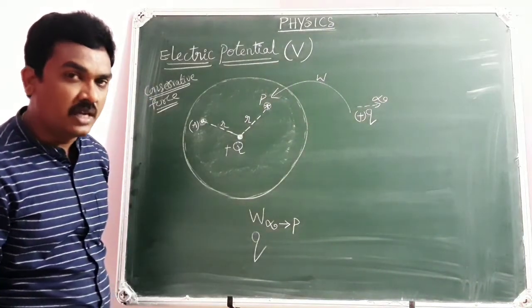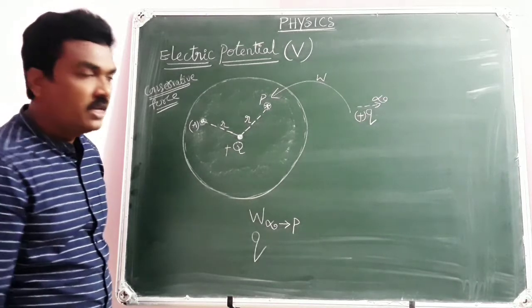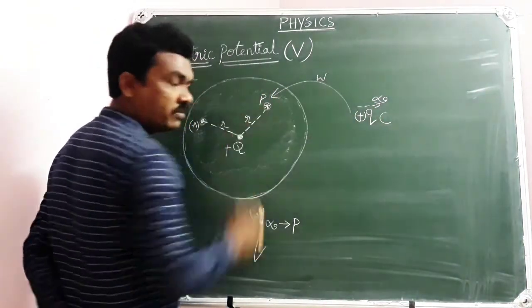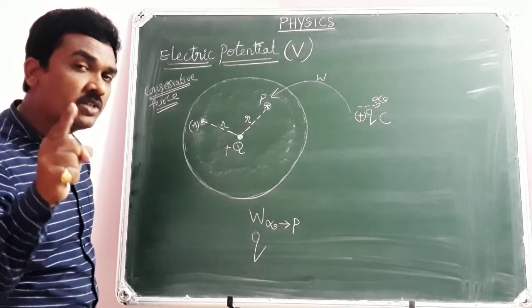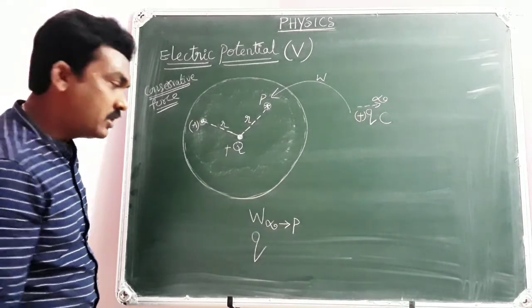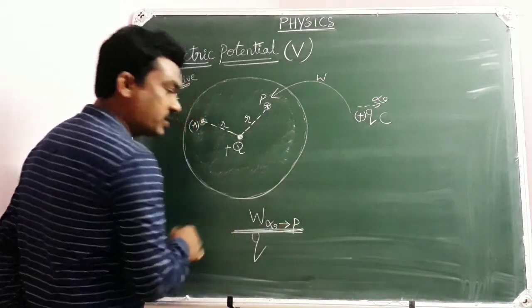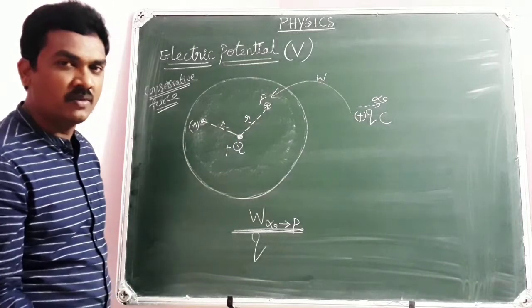The amount of work done to carry a test charge Q from infinite distance to the particular point is W. Then how much work is done to carry 1 coulomb of positive charge? Here your test charge has magnitude Q coulombs and the work done is W. Then to carry 1 coulomb of positive charge, how much work is to be done? It is W by Q. Cost of 12 pens is 120 rupees, then cost of each pen is 120 by 12.